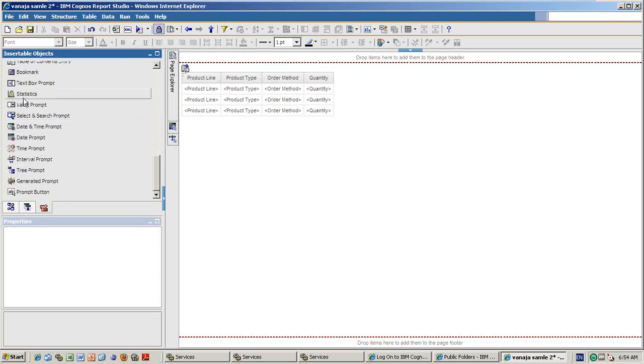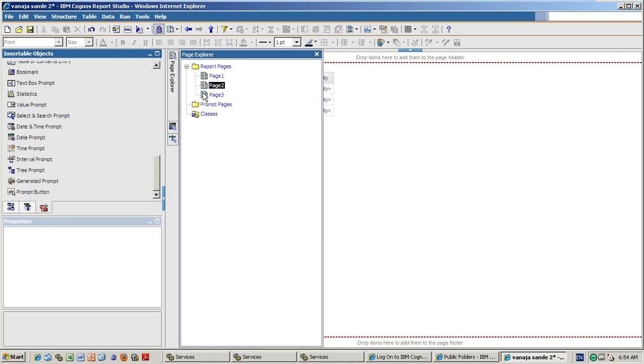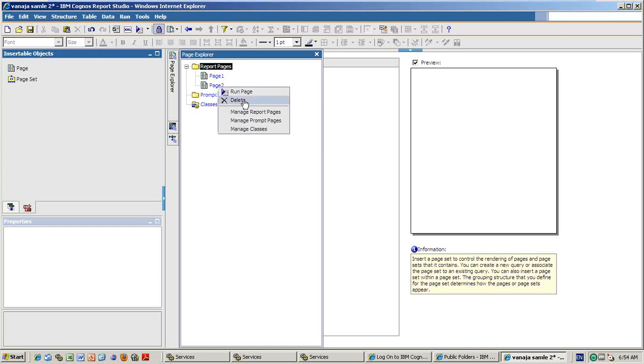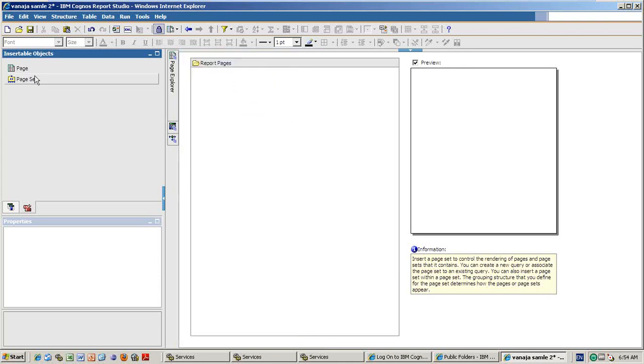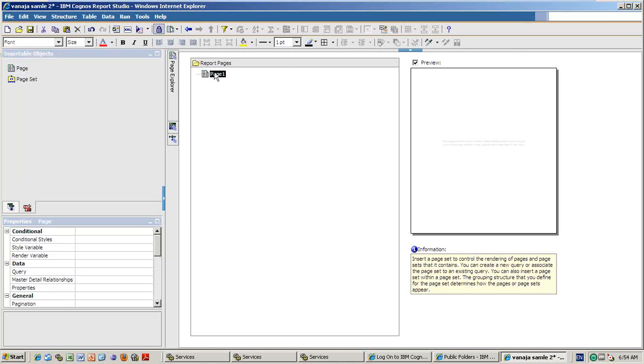So the final one here apart from drill through is statistics. Statistics is not related to the previous versions. It is only present in the 10th version. It is not available in the previous versions. Okay, let me create one thing. So manage report pages and go to the first page. I'm deleting everything apart from that. Page 1.